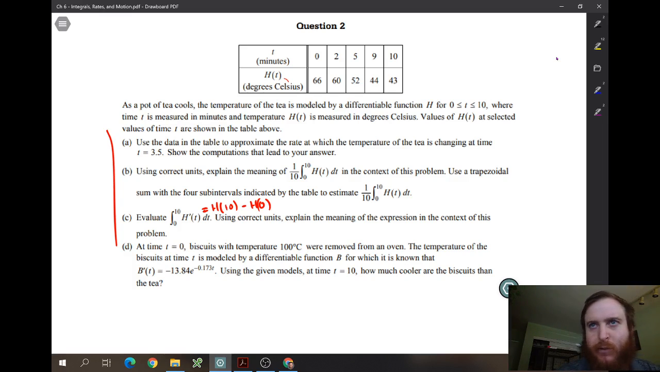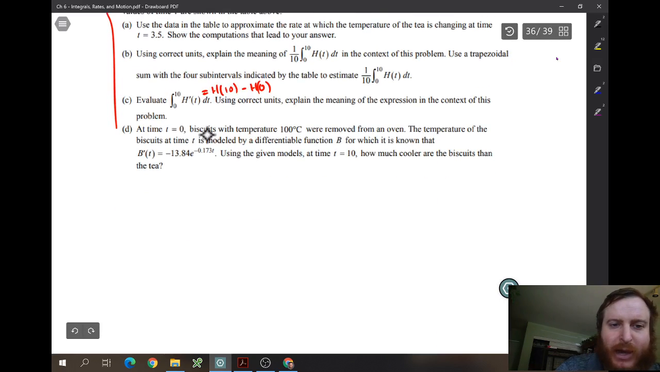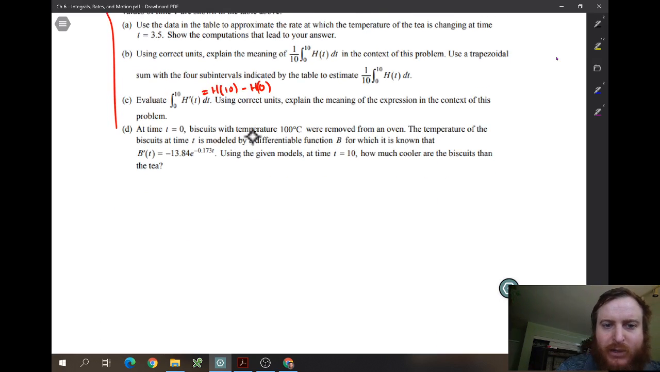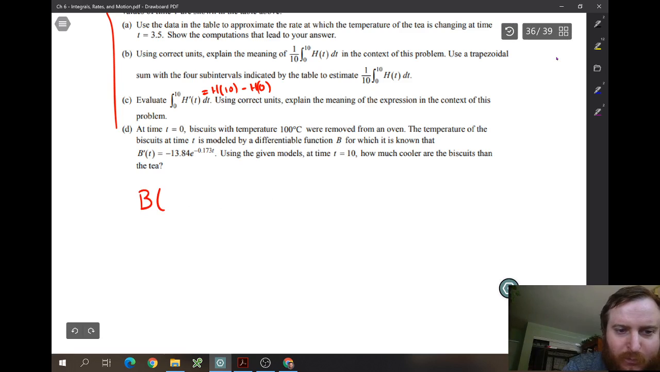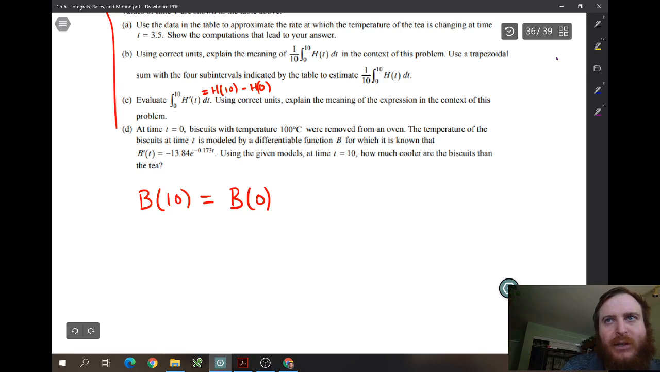D is the one I want to go over here. So this says at time t equals 0, biscuits with temperature of 100 degrees were removed from the oven. And then the temperature of those biscuits is given by this function b prime of t. Using this model, how much cooler are the biscuits than the tea? And this is a little bit tricky. So we want, at time 10, first to find the temperature of the biscuits at 10. So that's going to be b of 10 equals b of 0, and then because they're cooling,